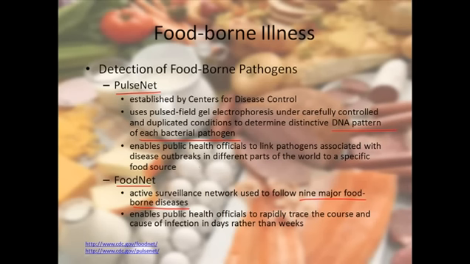That's really important. In the case of PulseNet, they can make a link of pathogens associated with diseases. But the FoodNet officials are tracing the causative agents of diseases and pathogens. These are the actual works, and they track down these diseases. They are preventing these diseases, and PulseNet is acquiring the information about the pathogen which caused the diseases. So this is the different setup placed to go against foodborne illnesses and to fight against foodborne diseases.